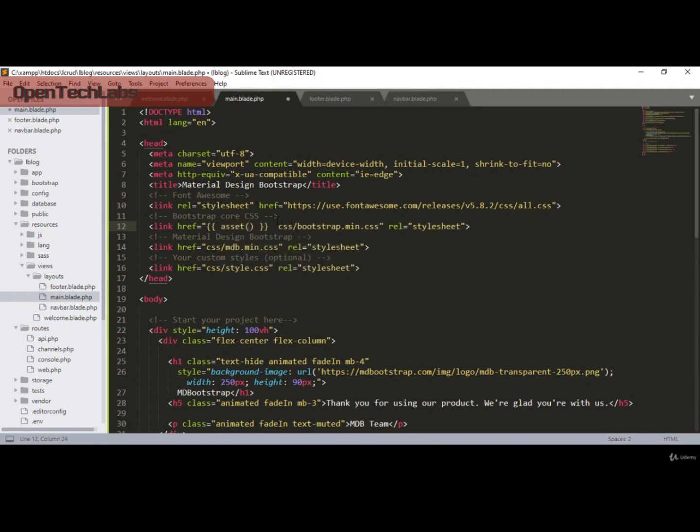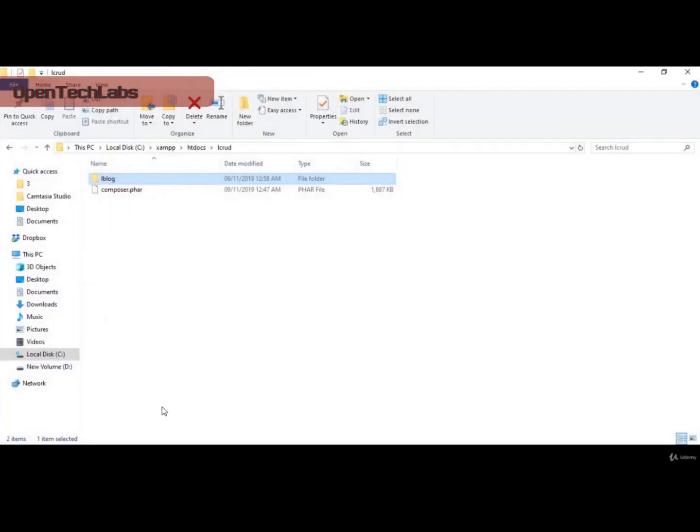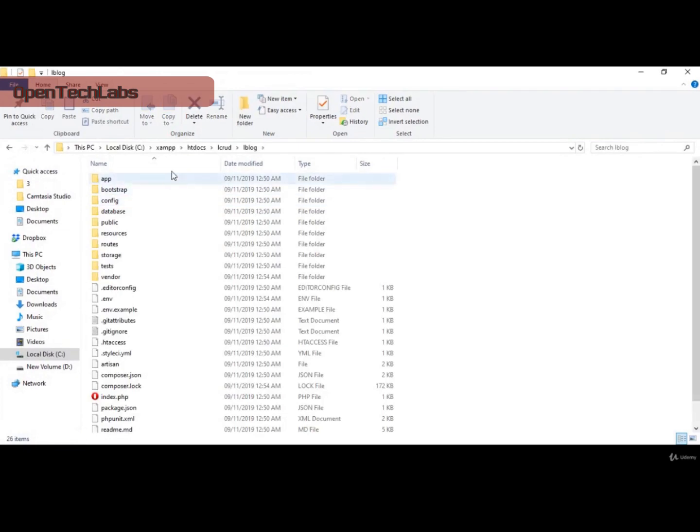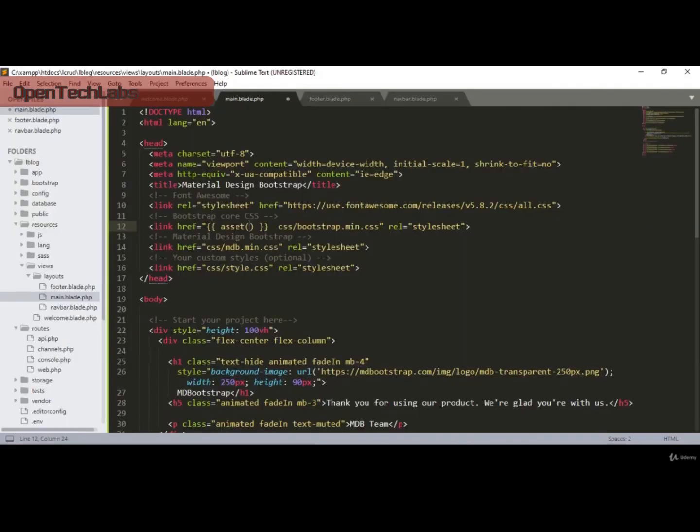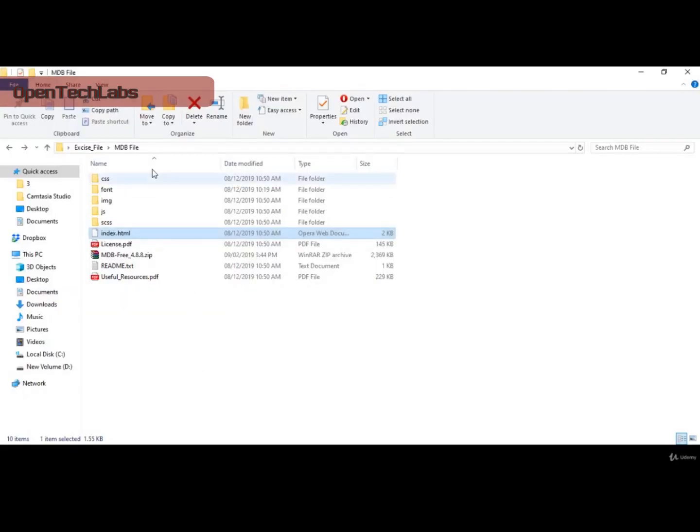Okay, asset actually means the root directory. Like if you go to our drive, here there is our Laravel block. So asset means it should start from this position, that means this directory. In our project directory I just assign that in Laravel as an asset, and after that asset, here in our